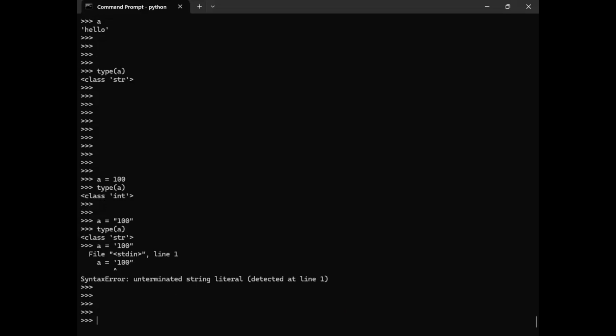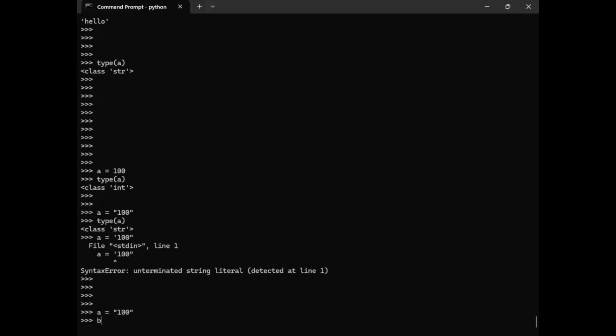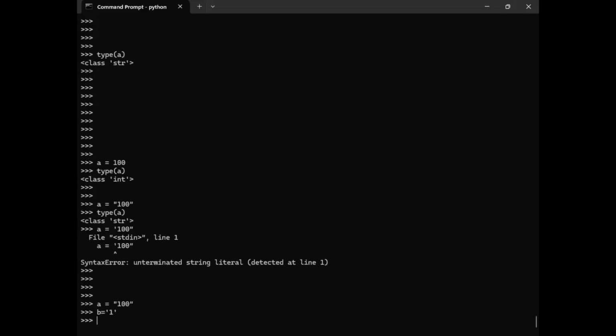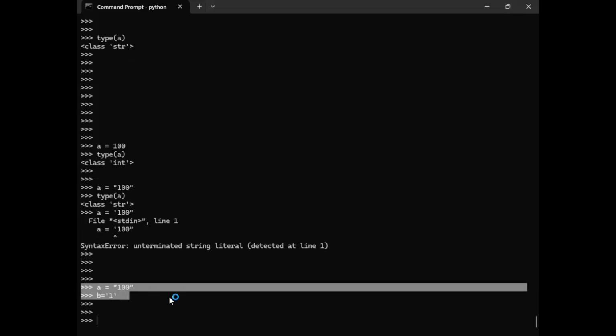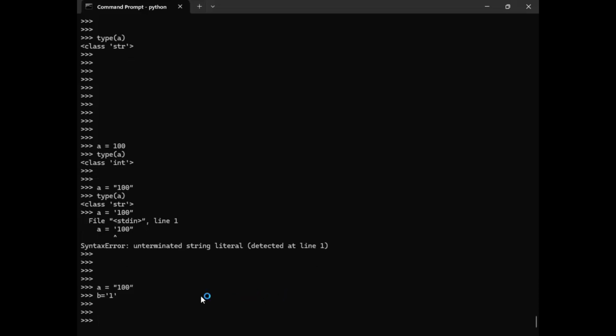Although if I am putting a is equal to 100 and b equal to, let us say, 1, it will not bother. But why change the way of writing the script? Stick with one, whatever you wanted to go for, and be there for that one. So this is your one.